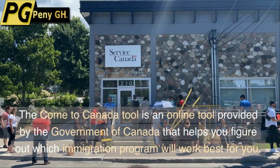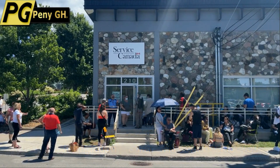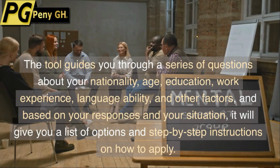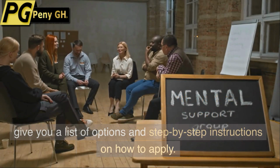The Come to Canada tool is an online tool provided by the Government of Canada that helps you figure out which immigration program will work best for you. The tool guides you through a series of questions about your nationality, age, education, work experience, language ability, and other factors, and based on your responses and your situation, it will give you a list of options and step-by-step instructions